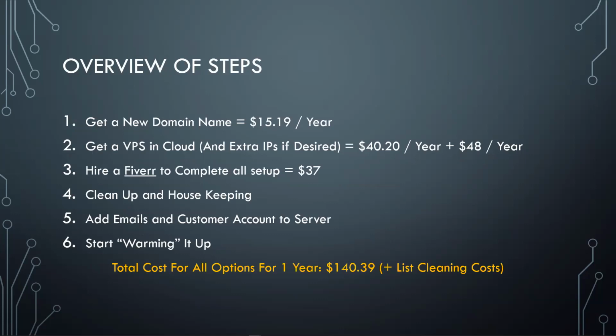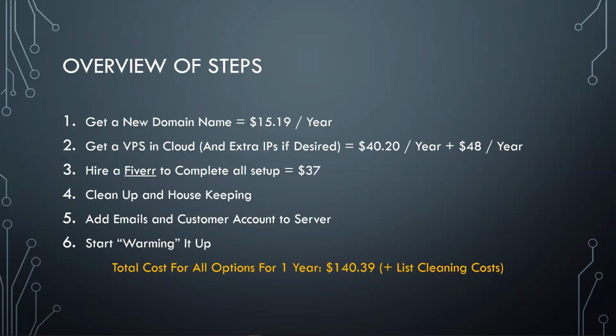So real quick, to set it up, there's basically 6 steps. So first of all, you're getting a domain name, which if you don't already have one that you want to use for this, it's in the system that I use, $15.19 total for the year. You can use GoDaddy, you can use whatever system that you want to get a domain name. I would recommend using a separate domain name. So in my case, I had 2 words put together.com. For this mail server, I used first word - second word.com, just so it was unique